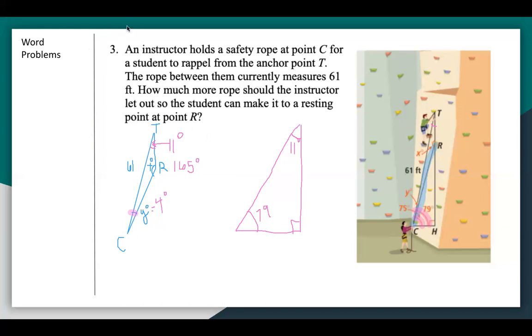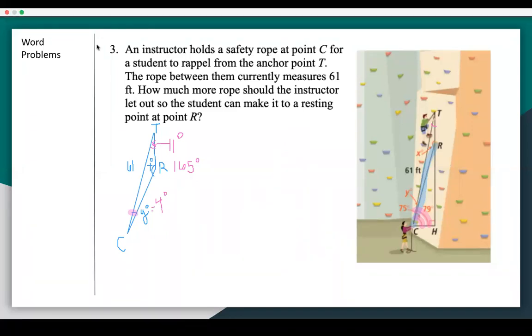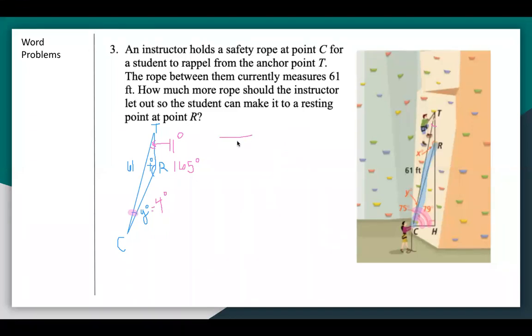At this point, I'm actually going to erase this pink triangle here. If you haven't written it down, make sure you do that so I have room to actually do the problem. But taking a look at this, I can use the law of sines and say the sine of 165 over the opposite side of that angle. The opposite side of angle R is CT. That's 61. That should be equal to,